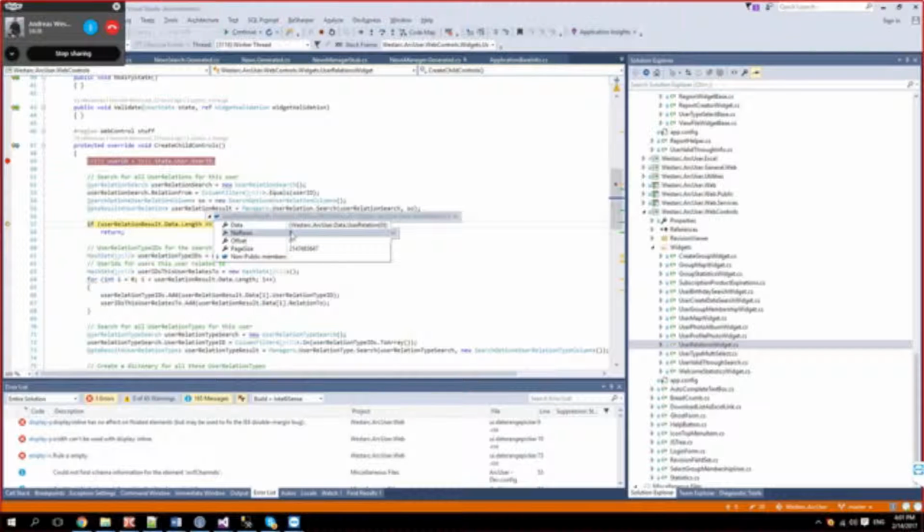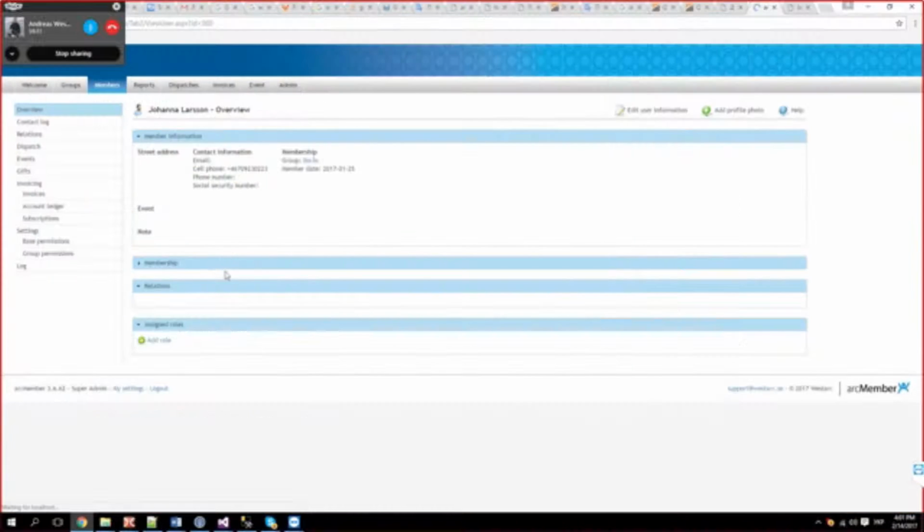Offset and number of rows. Well, we don't gather the data, so just continue with what we're doing. We can just test to assign a relationship here. Married to, well, that might be inappropriate. Flatmate.